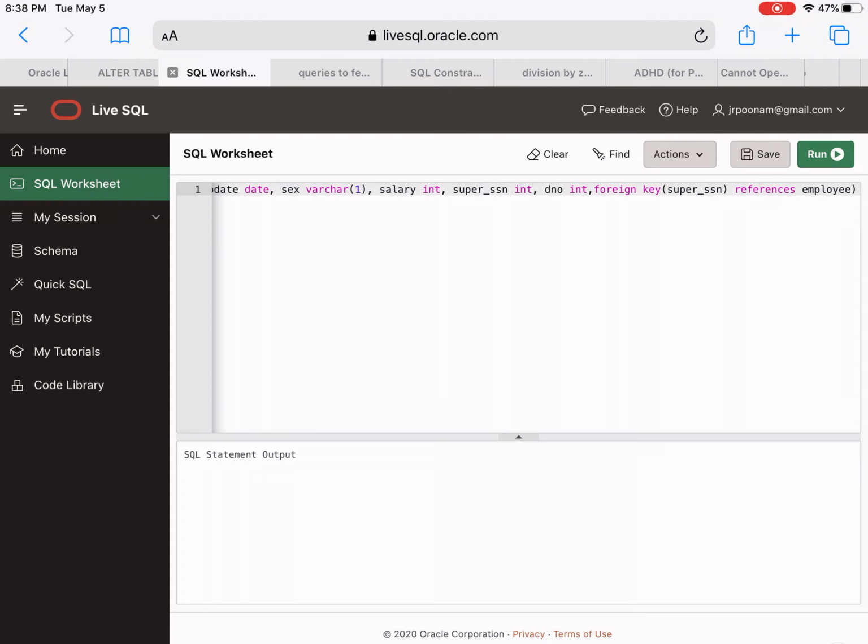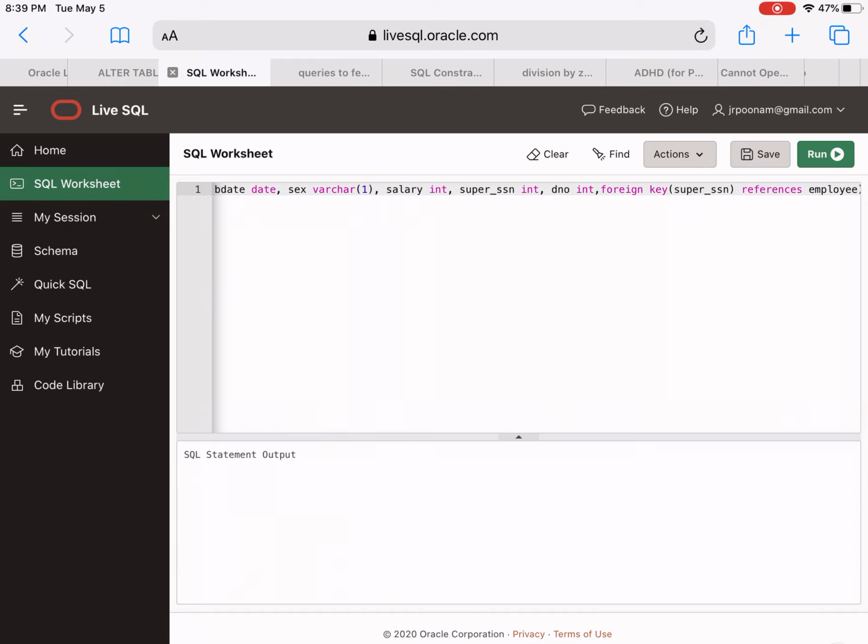And after that, what you can see here is foreign key. The foreign key is super SSN. If you look at the schema that was discussed with you, you will see that super SSN is one of those attributes of the table employee which is related to the same table's other attribute, that is SSN.